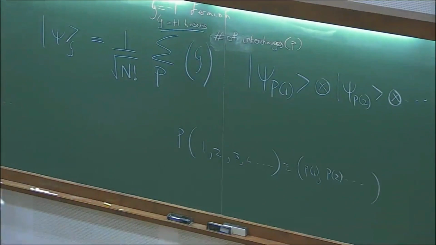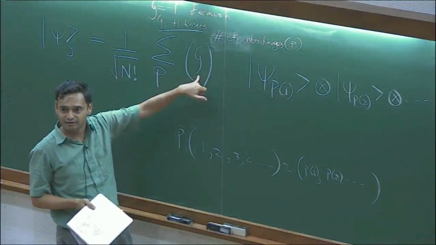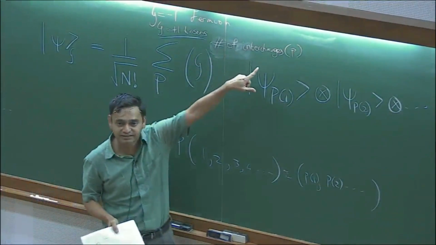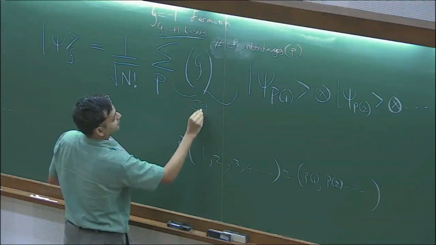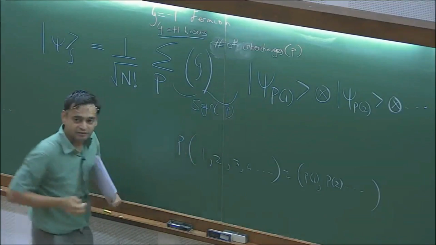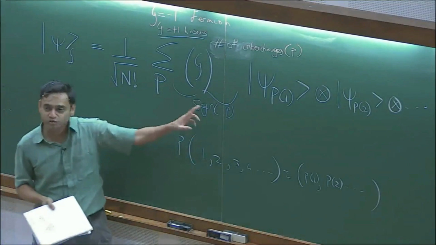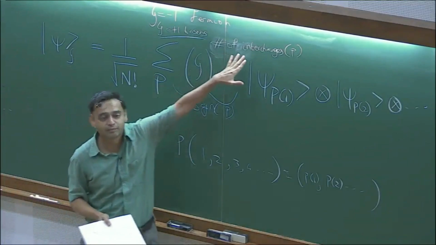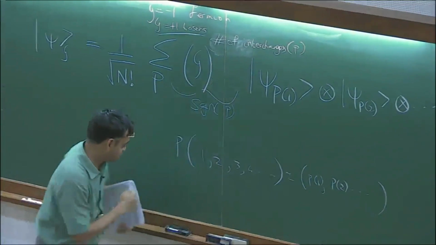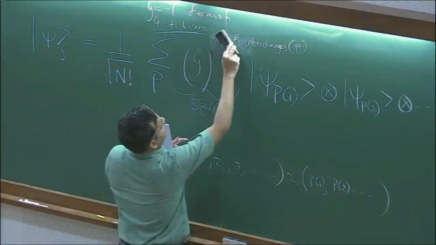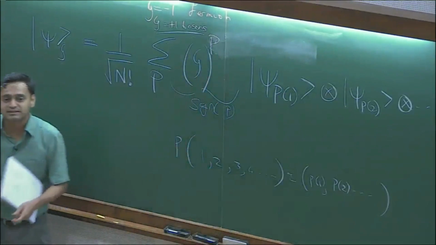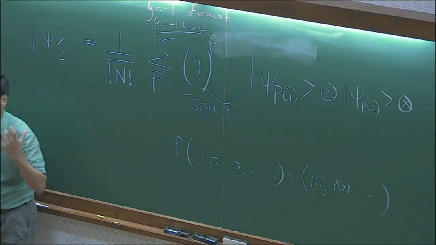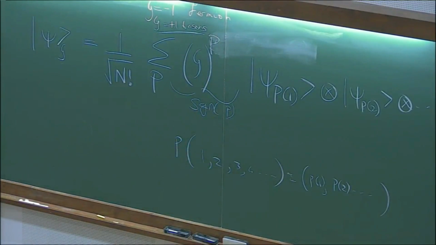Right? So this, if zeta was -1, then -1 to the number of interchanges is the sign of the permutation. So for fermions, I can write this whole factor down as sign of the permutation. But since I want to work with both bosons and fermions, let me write it as zeta to the number of interchanges. Okay? And I'll sort of have a short form here. I'll just write zeta to the p. Zeta to the p means zeta to the number of interchanges that make up p. Okay? So that's now a legitimate state.